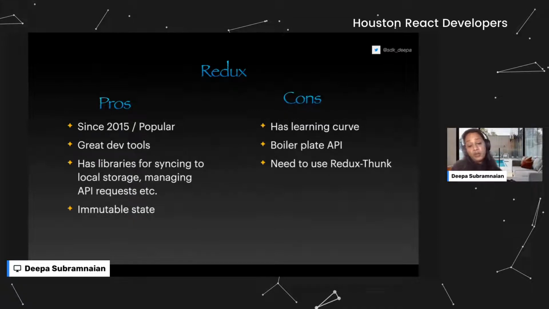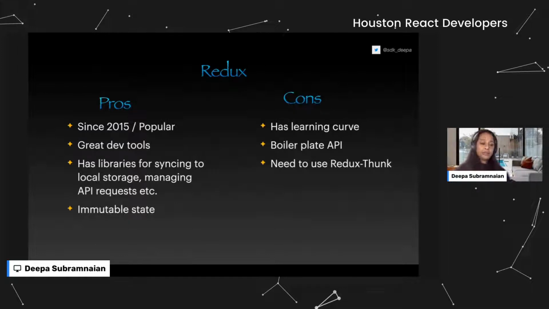Here I've mentioned immutable state. On the pros, it could be a pro and a con as well. So Redux has a learning curve. If you talk about the learning curve of Redux, you have to learn a lot of terminologies. It's got a steep learning curve. You have to have a lot of boilerplate APIs, and then there's something called